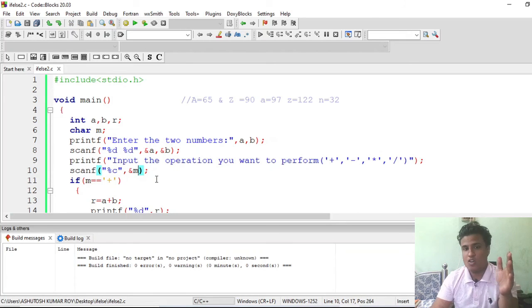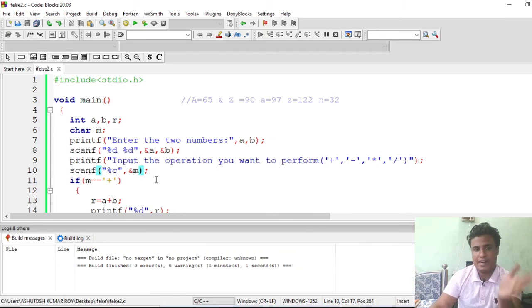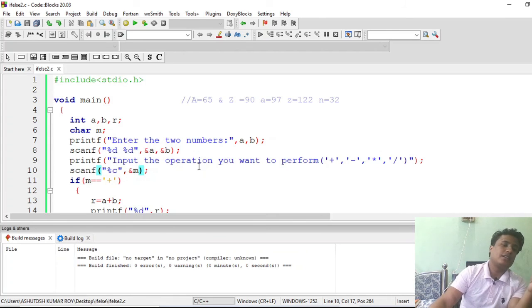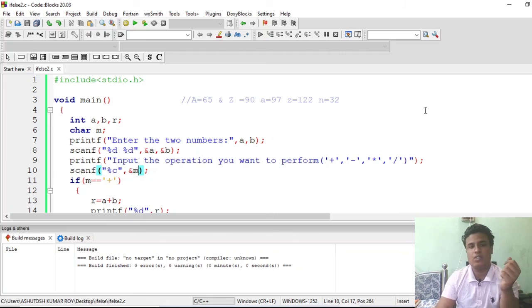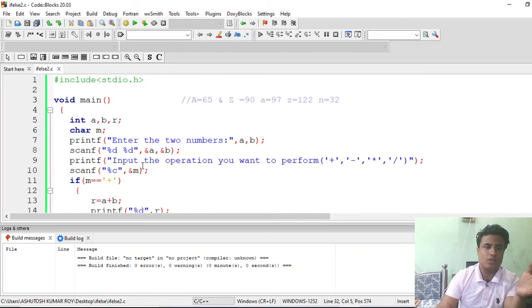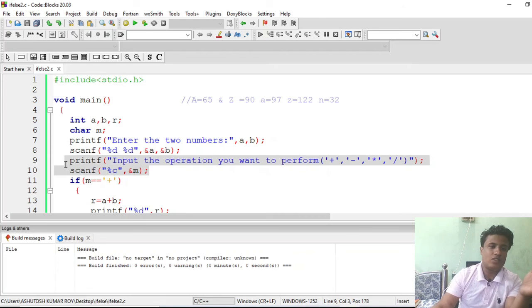Firstly we have to take the operation we want to perform, then we have to take the variables, then it will apply that operation to those variables. In this case, earlier we are taking the variables and storing them in a and b, then we are using the operation plus. So some ambiguous result is coming because it is not deducing the operation that we are providing to the computer. It directly terminates the code and prints this one, so it's not able to store the value. After storing these two values, you should be able to store the operation part here.